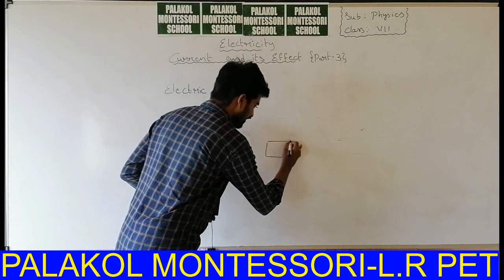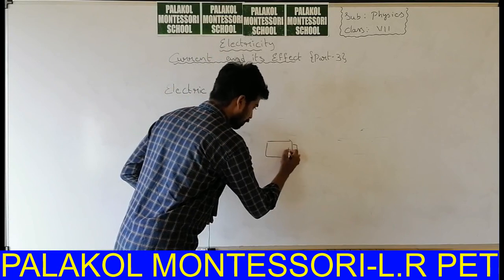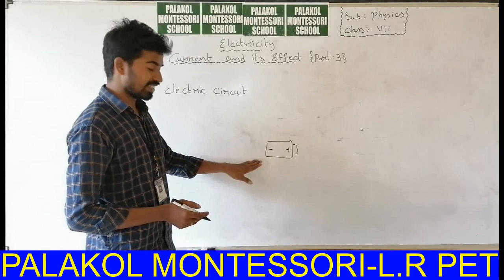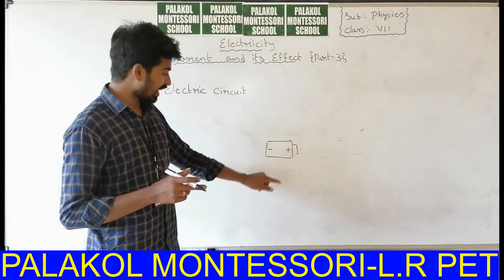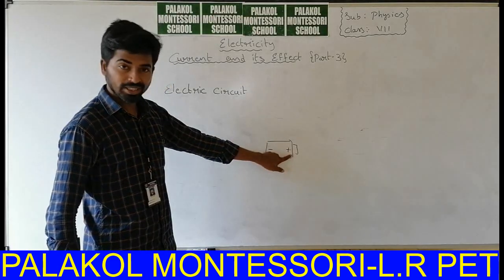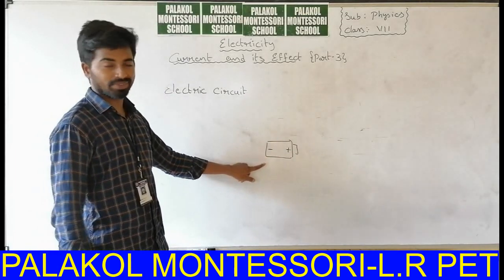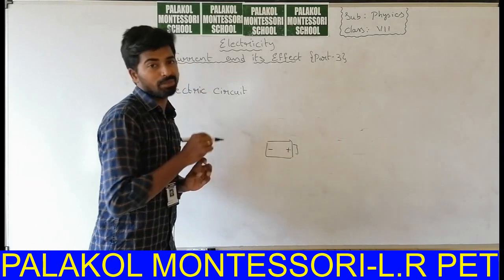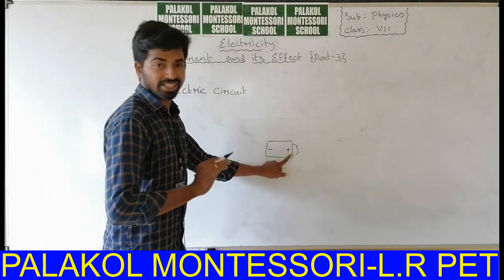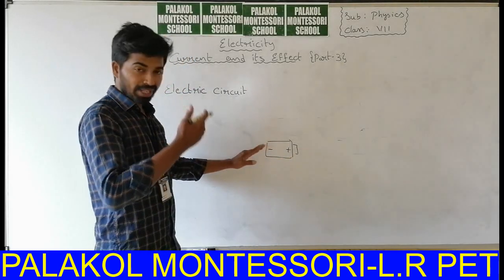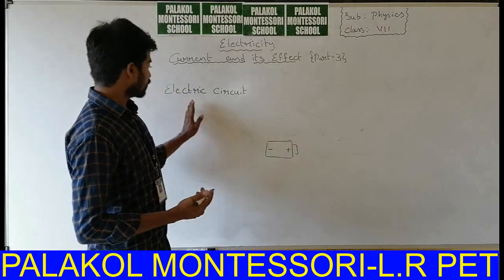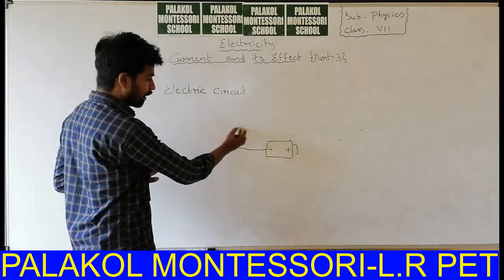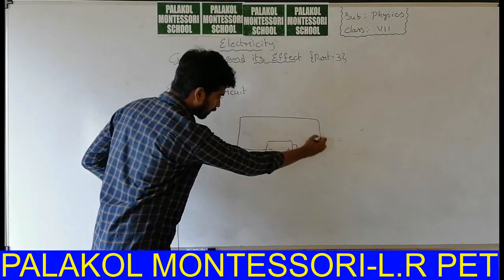An electric circuit is a closed connection between the positive terminal and the negative terminal. I have considered a battery here. A battery has two terminals, positive and negative. The side which has a bump will be the positive terminal and the plain side will be the negative terminal. So, an electric circuit is a closed path between the terminals of the battery.